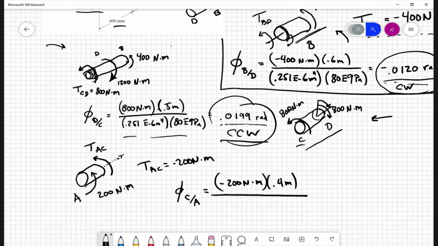over JG, which is the same stuff, right? The 0.251 times 10 to the minus 6 meters to the fourth, and the 80 times 10 to the ninth pascals, right? And so if we do that,